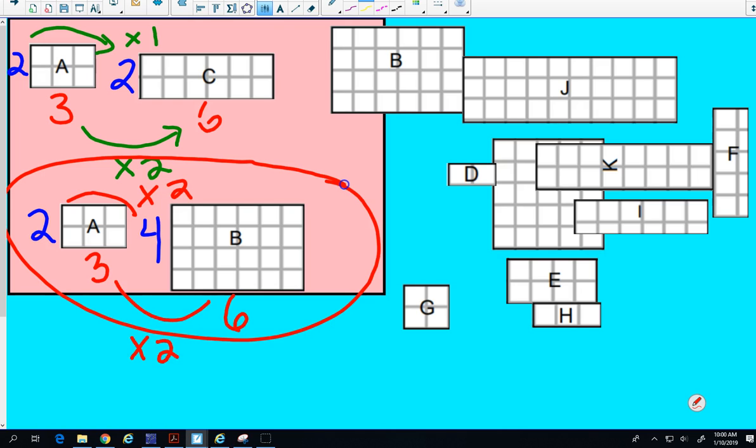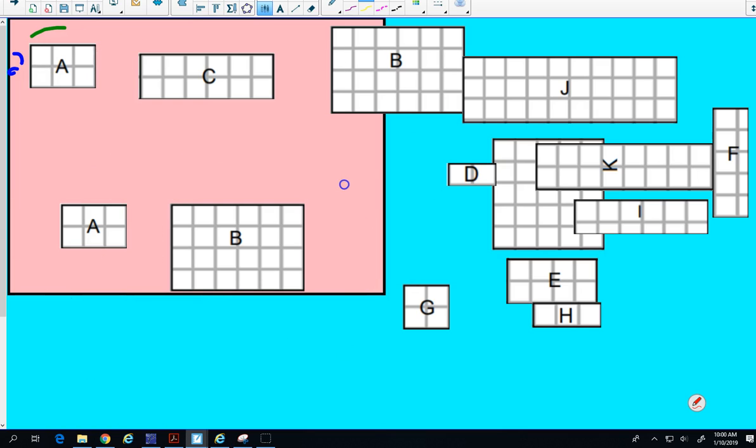Times 2 relationship. So what is that called when you have two ratios that are equivalent? Starts with a P. Proportional. So watch this. I'm going to erase this real quick. So what I want you to do is on that page in your notebook,